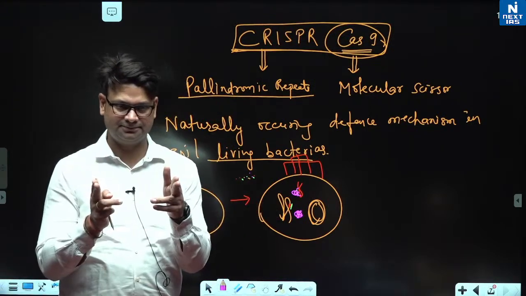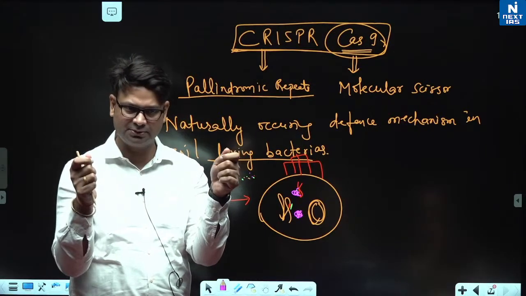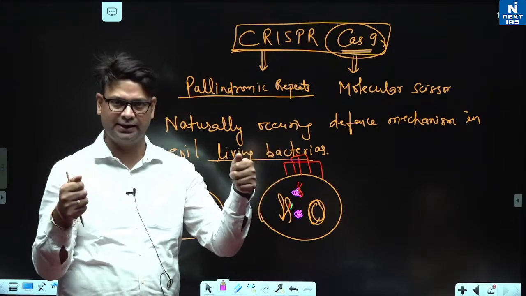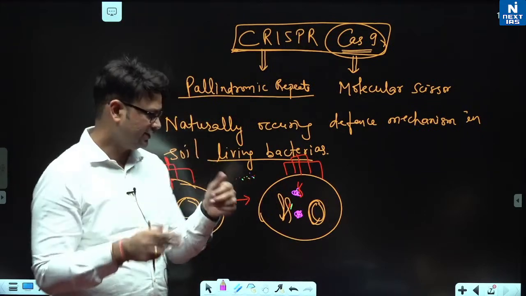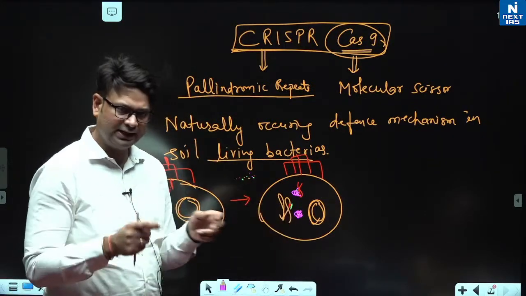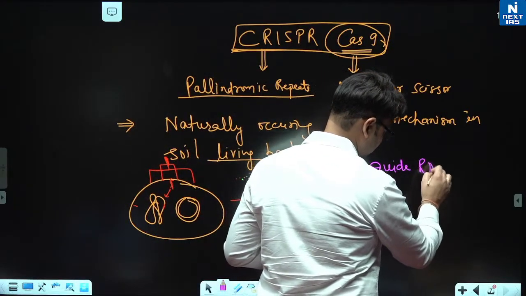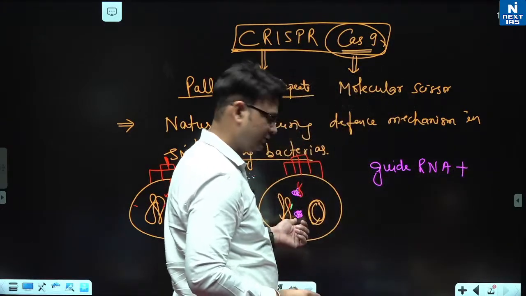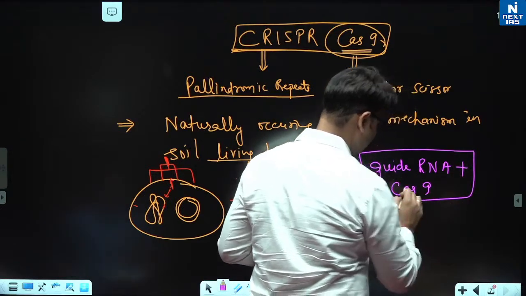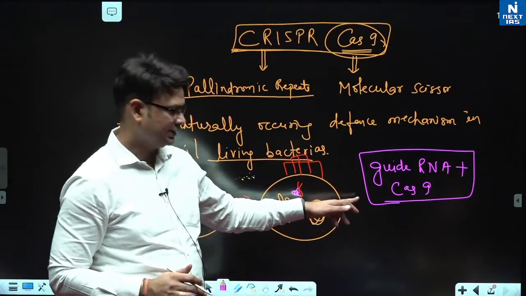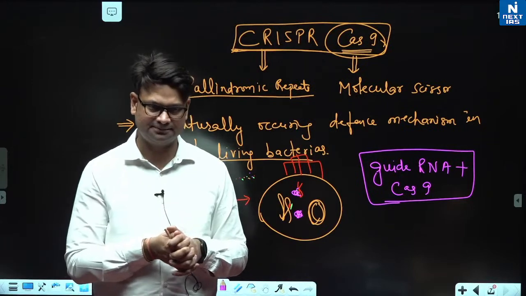सो यहाँ से हमने क्या सीख लिया, that there can be a guide RNA, ठीक है, which will attach. It will act as a, you can say, जो स्केल की तरह काम करेगा कि इतने इंच से लेके इतने इंच तक काटना है, and that protein will act as a scissor, right? So that means if we know that there is a guide RNA and a nuclease, you can say Cas9 combination, both of them can be very useful tool for us to cut DNA at a particular site, ठीक है।